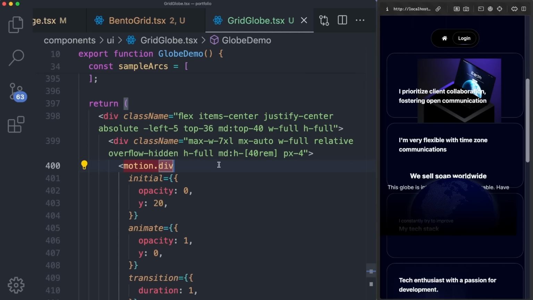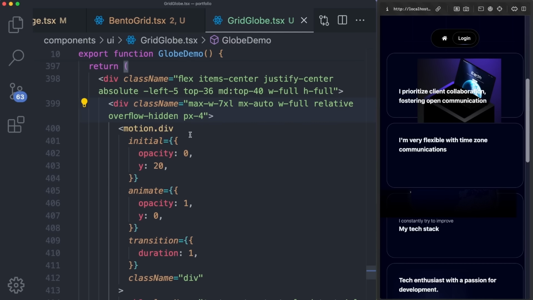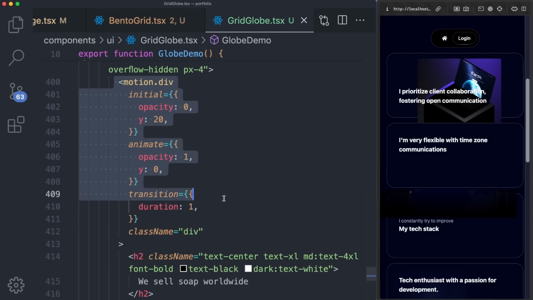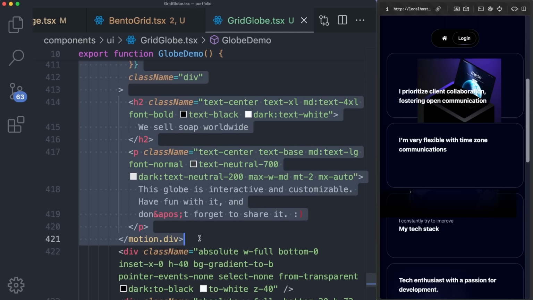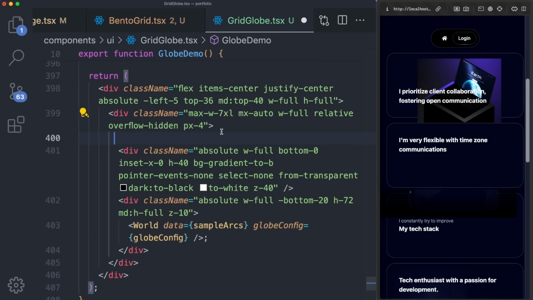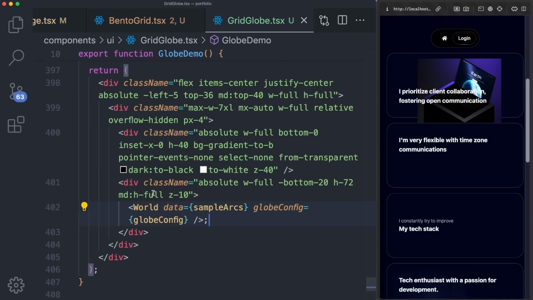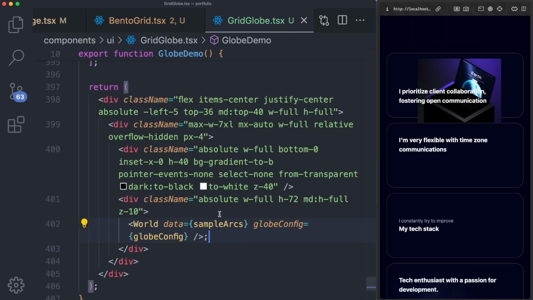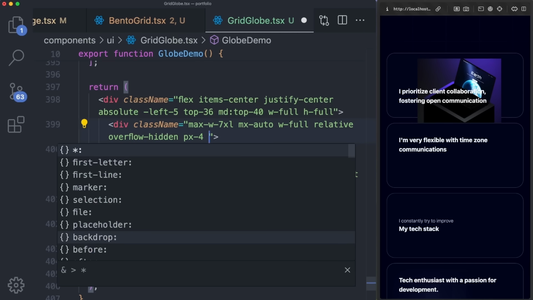From the second one, we can remove the h-full as well as medium h-40. We don't need that. And then we can remove all of these text divs containing h2, p tags, and more. That's going to make it look like this. And here we want to remove this -bottom-20. Since we removed the height from this container, we have to add a bit of a different height,